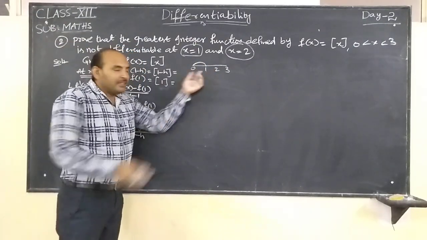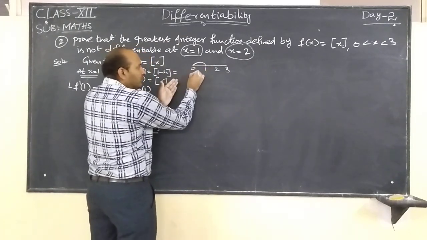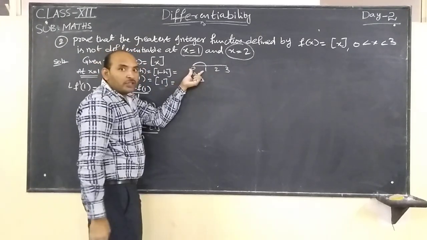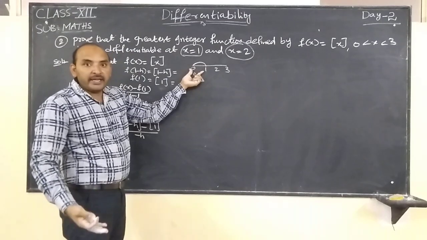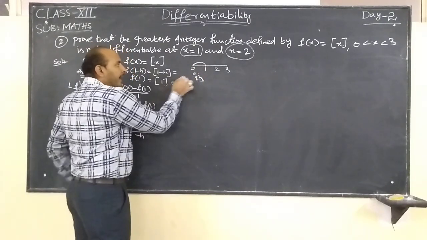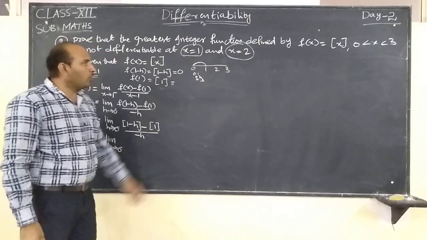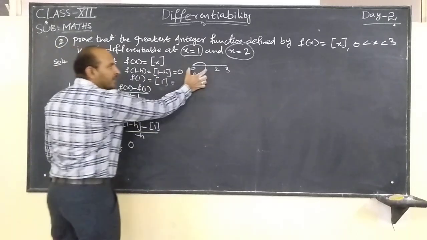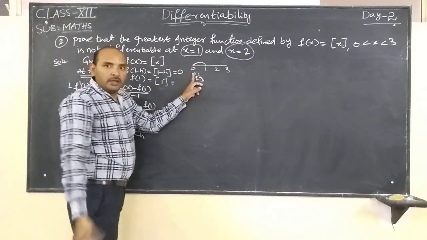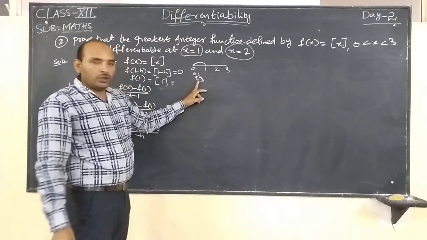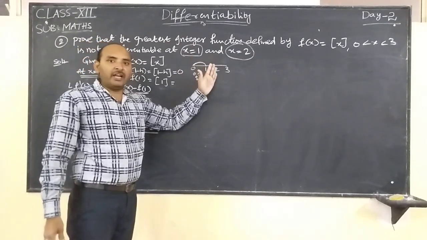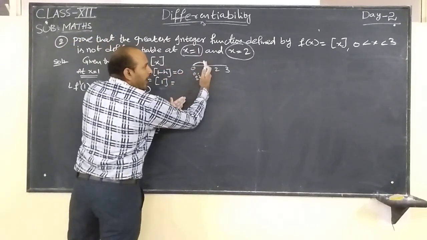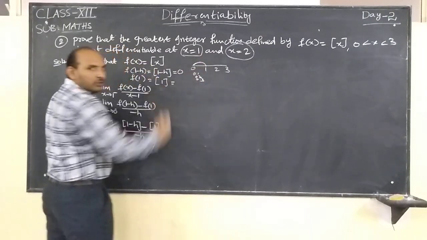When this is the left side of 1, h approaches 0, that means 0.1, 0.2, 0.3. These values are equal to [0.1], [0.2], [0.3] and so on. For this interval you can write 0, and again [1 − h] value becomes 0: [0.1] is 0, [0.2] value 0, [0.3] is 0, [0.99] value also 0. So [1 − h], that means the left side value at the point 1 approaches 0, that becomes 0.